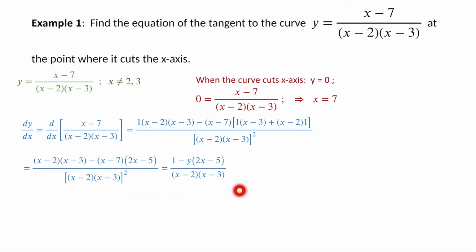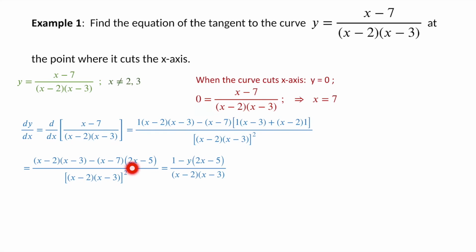And here you might be wondering where this y came from. Well, this is just a simplification. You don't really have to go this far, because all that we need to do is plug in these values of x and y, 7 and 0. We could have done that even at this stage and found out the slope, but we are just simplifying it